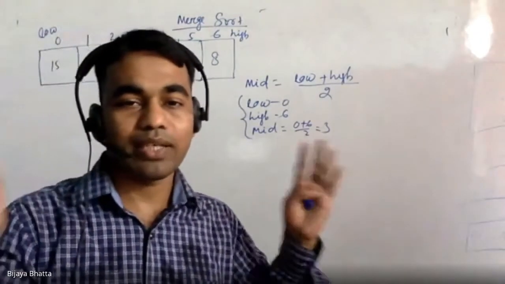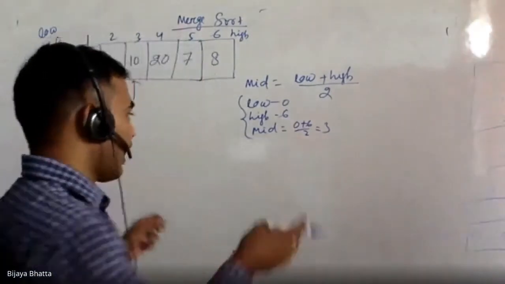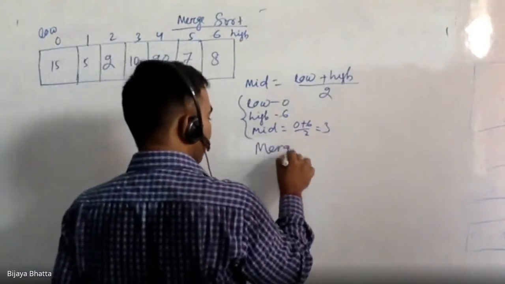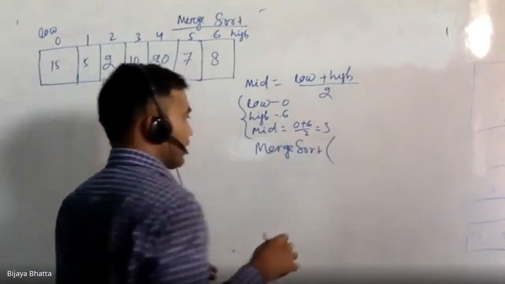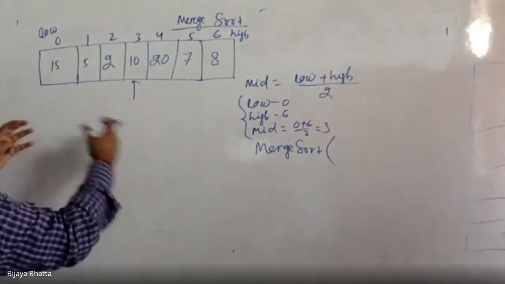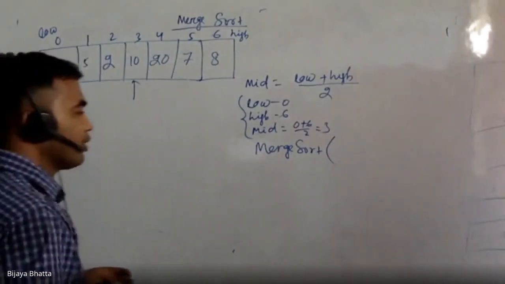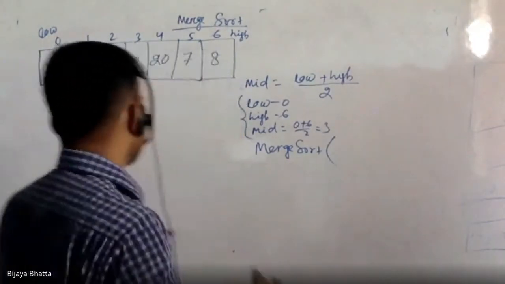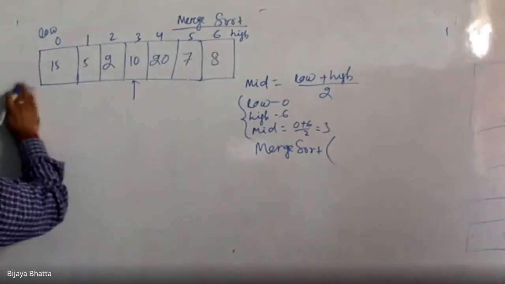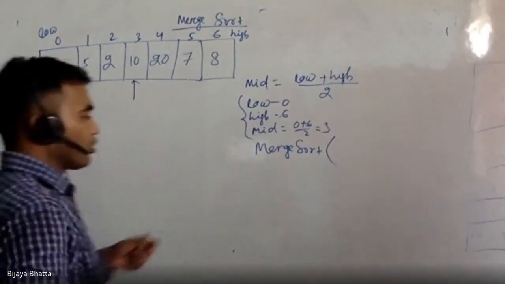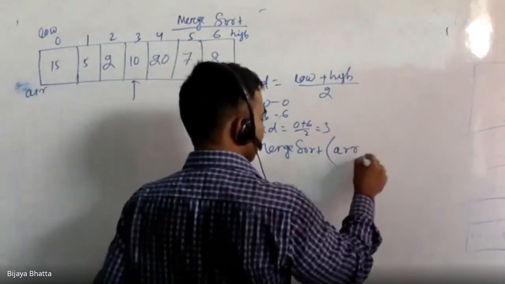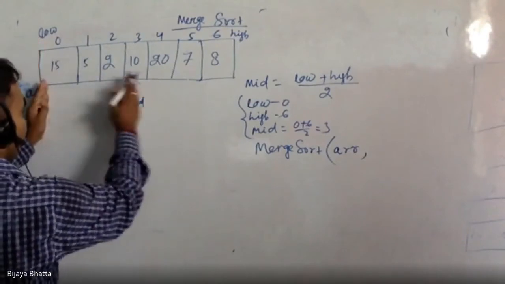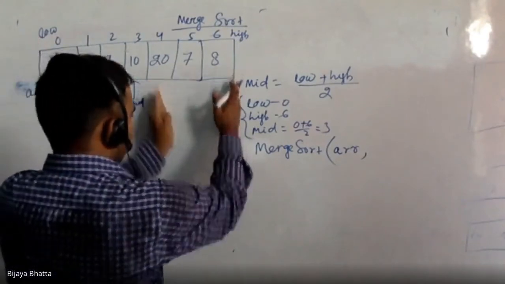So my given array was there, I got the mid. What I need to do is recursively apply the merge sort on this part, because I will keep on dividing. For the left part, we'll call the same division principle recursively. So suppose the array name is ARR: merge sort ARR, from low to mid. So one part will be this one, and the other is mid plus one to high.